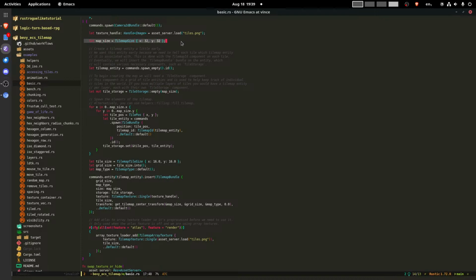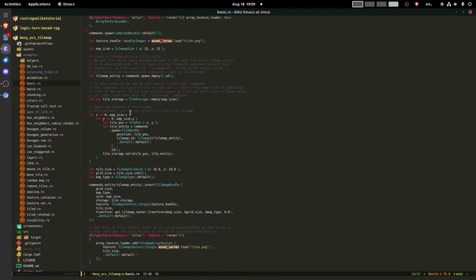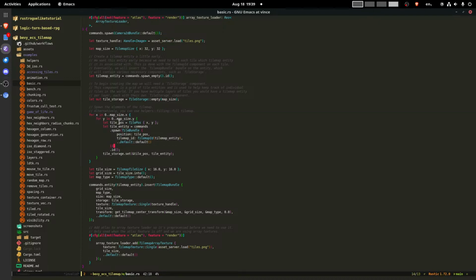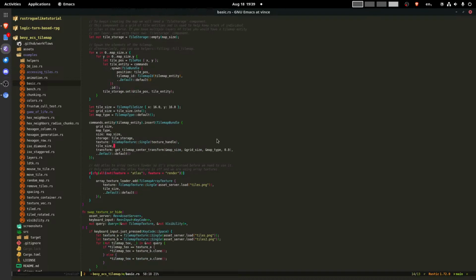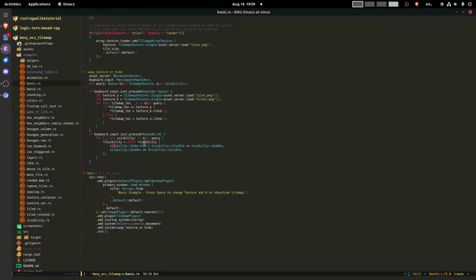File storage is linked to that. When he's iterating over his map, swap texture right, and there is code actually. Maybe that's all I need. If I do category run basic, I need to